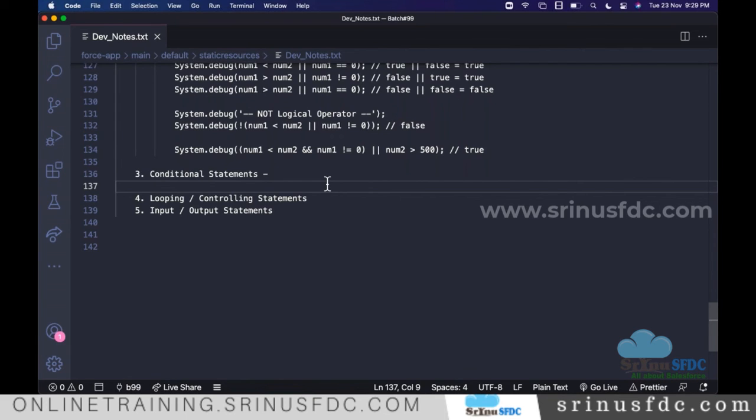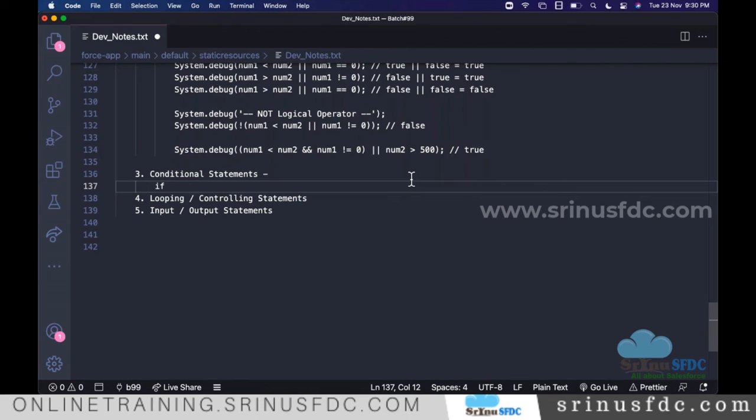Otherwise, I want to execute some other set of statements. To conditionally control which statement executes in which scenario, we use conditional statements. One of the easiest ways to do this is using if.